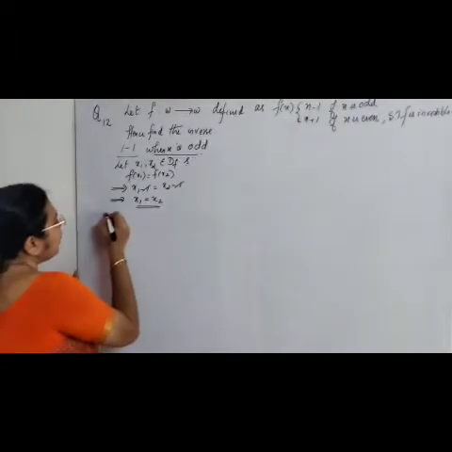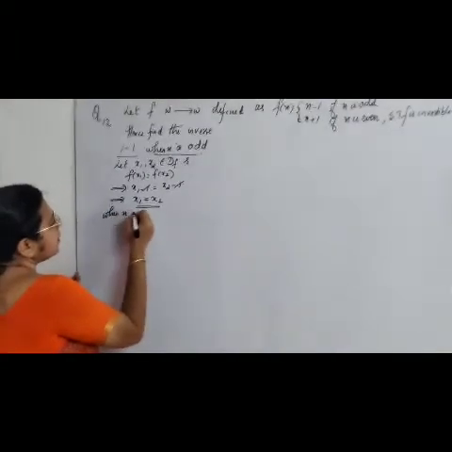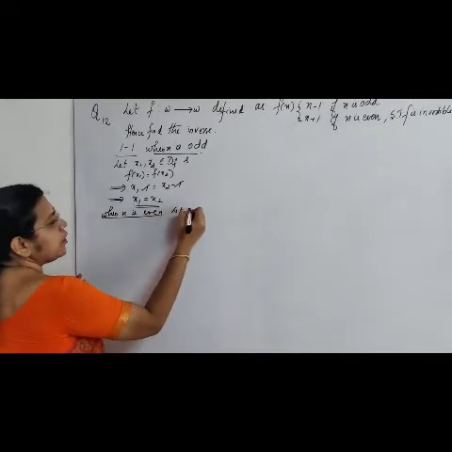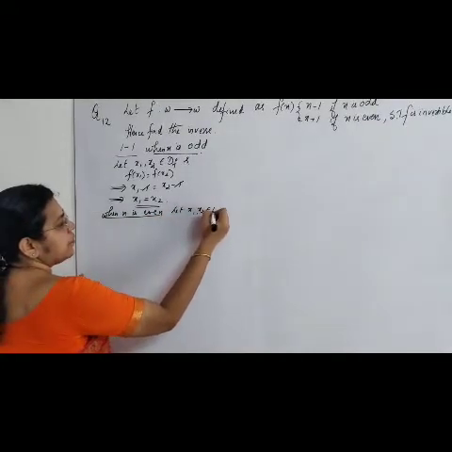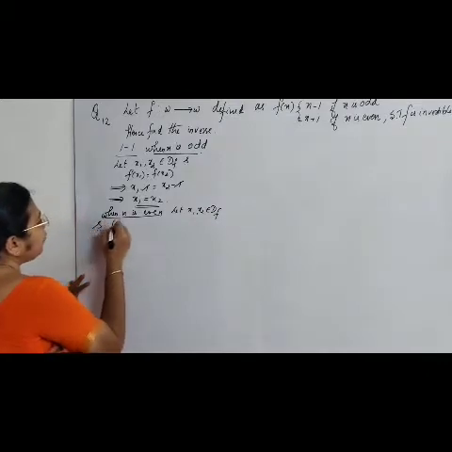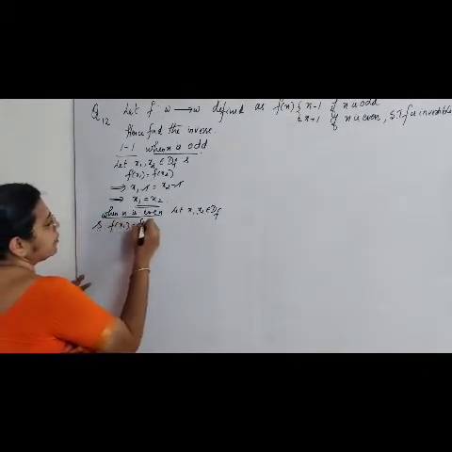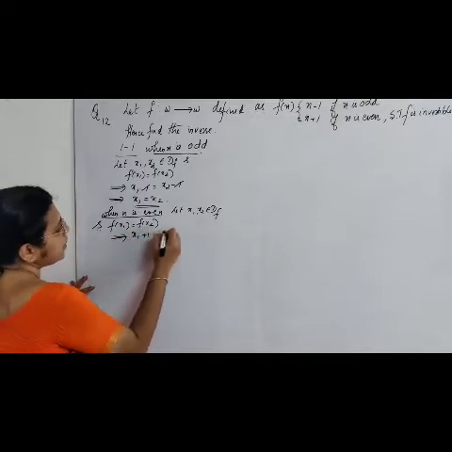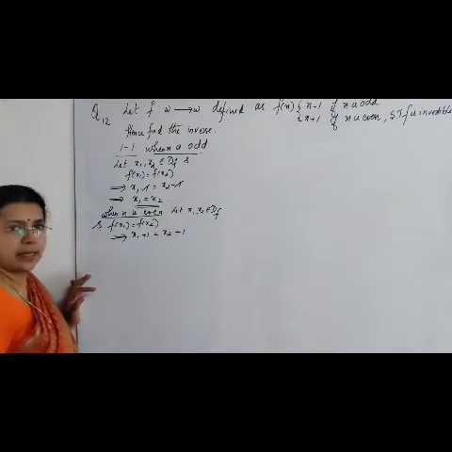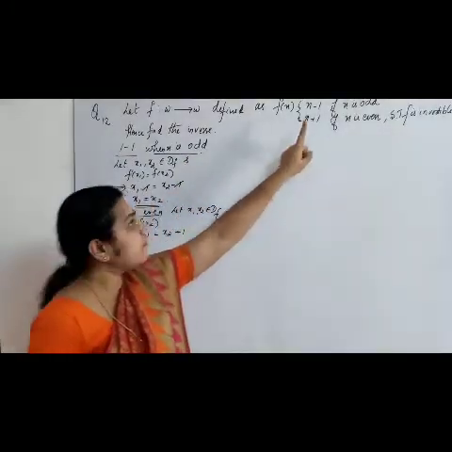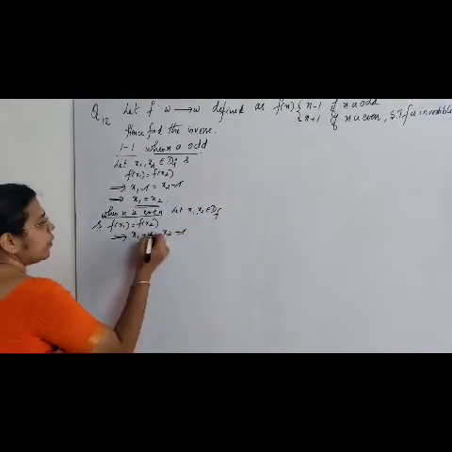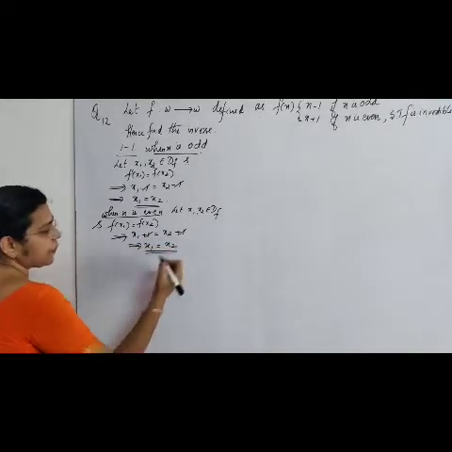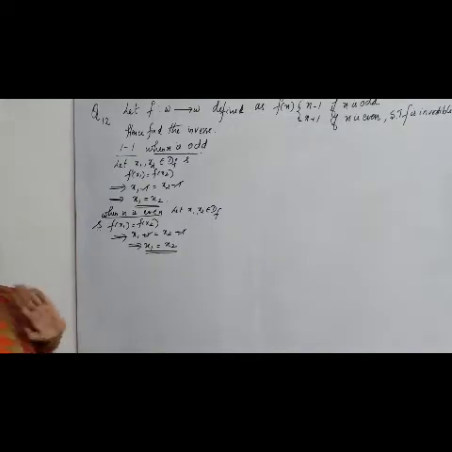Now, when n is even, let x1, x2 belong to the domain of the function such that f(x1) = f(x2). What does this imply? x1 + 1 = x2 + 1, isn't it? The function is n + 1 when it is even. The 1 and 1 cancel from both sides, which implies x1 = x2. So this part is done.